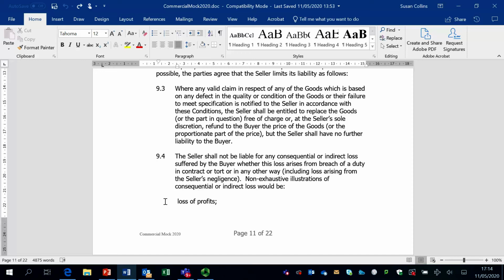If you think about it logically, if I sell you some goods for resale and there's something wrong with them, the most obvious loss to you, I'm supplying the goods to you, you're a retailer, the most obvious loss you're going to have will be the loss of profit of selling the goods on. So that would not be indirect loss, that would be direct loss. Right? So just referring to loss of profit here as indirect does not mean you can exclude all loss of profit. And again, that's something I'd expect you to pick up,